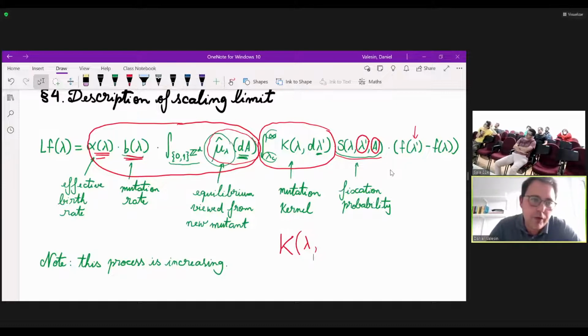Because what you get is just that, in the torus, if you have the mutant and a host population, suppose that you have a small box inside the torus that is taken by the host, and the host is stronger than the mutant. Then after a while, this box taken by the host will grow. So now you have a box twice as big that is taken by the host, and you can guarantee that the mutant is not there.